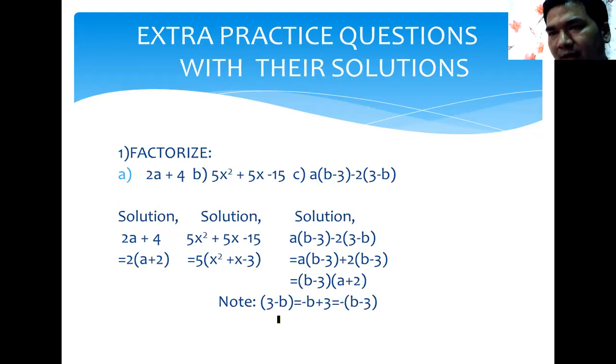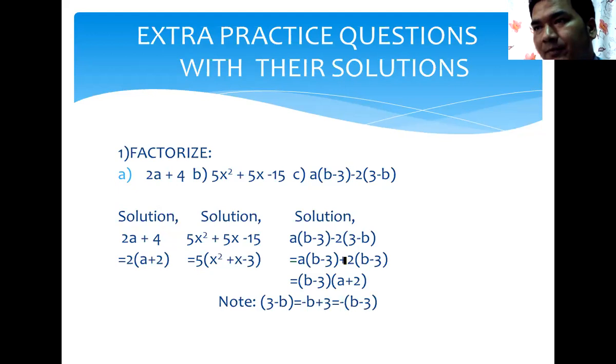As I have given the clarification note here, look, 3 minus b can be written as minus b plus 3. If you take minus common outside, then what remains inside the bracket? Here remains b minus 3, because there are two minus signs, and one minus goes outside and one minus is left. Here we have b minus 3, so here also we have to make b minus 3. I just told you 3 minus b can be written as minus of b minus 3. For that we have provided plus